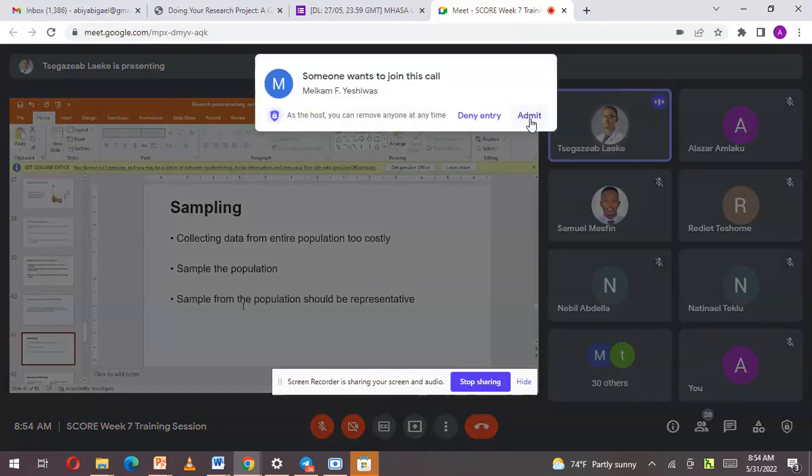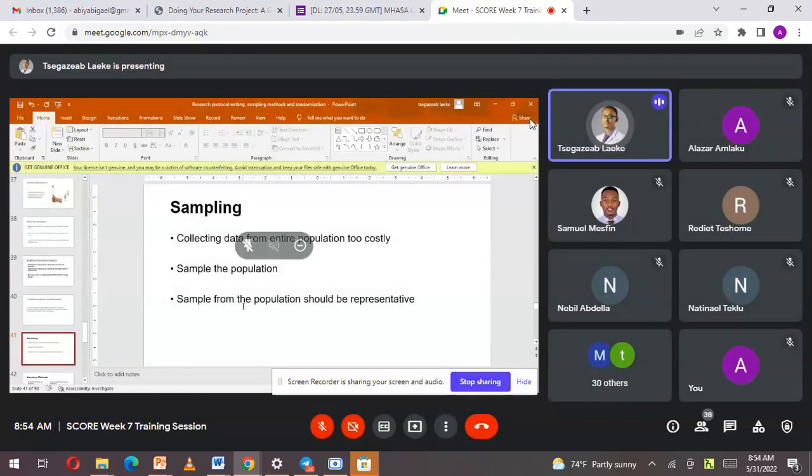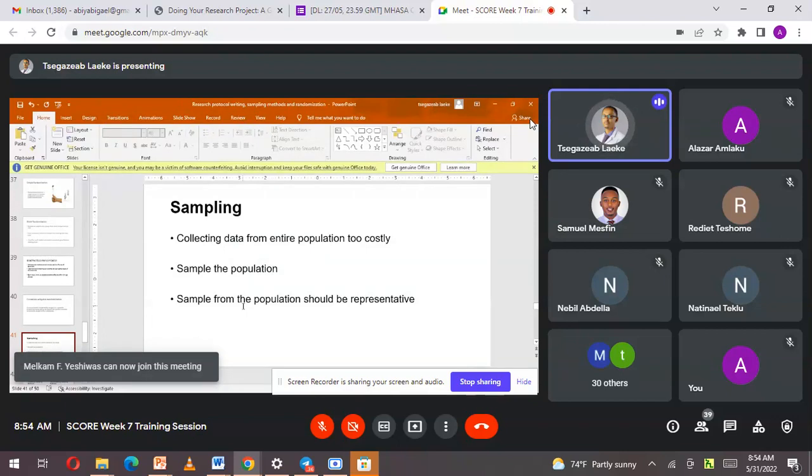And then the other important methodology part is sampling technique. Actually, on your protocol proposal, you have to mention your sampling method, because whenever you do in one of